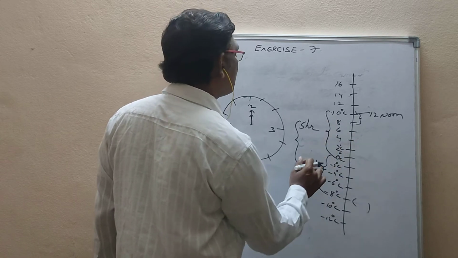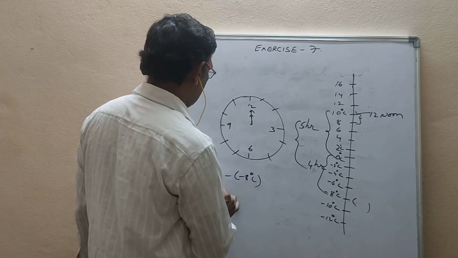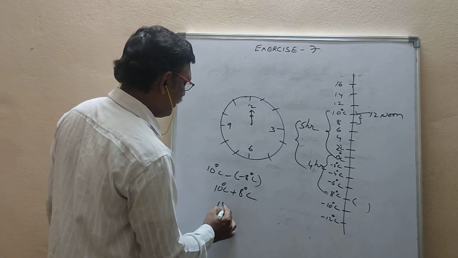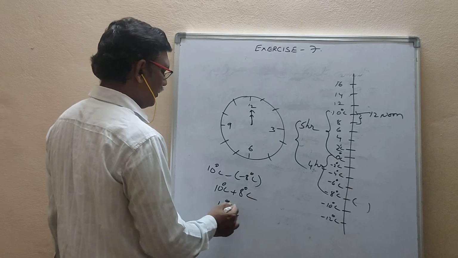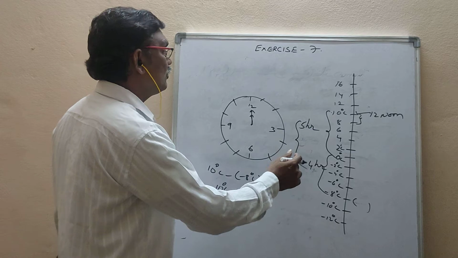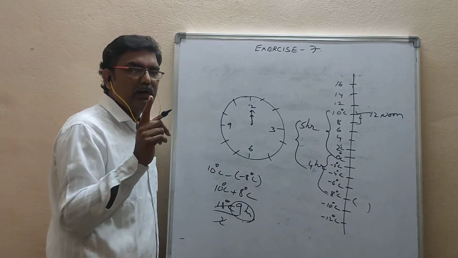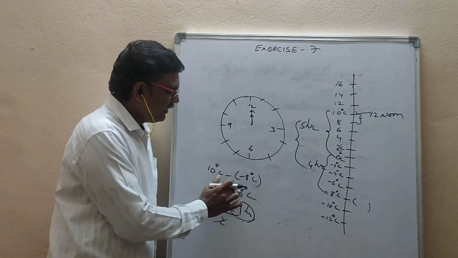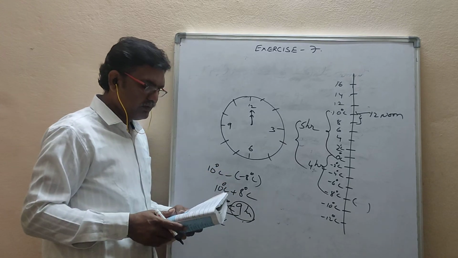Okay, here to here 5 hours, here to here 6 hours. If you write like this also it will come, we'll see: 10 degrees minus of minus 8 degrees. So 10 degrees centigrade plus 8 degrees centigrade. So you are getting 18 degrees centigrade. But this you have to divide by 2. Why you have to divide by 2 here? Because for every 1 hour, 2 degrees centigrade decrease will be there. So I divided this by 2. So 9 hours. So you can do like this.